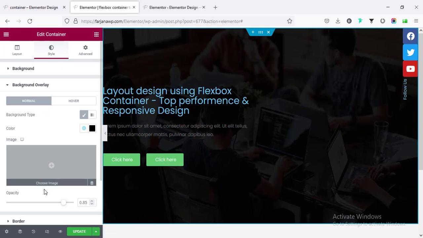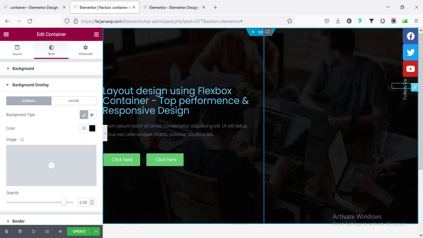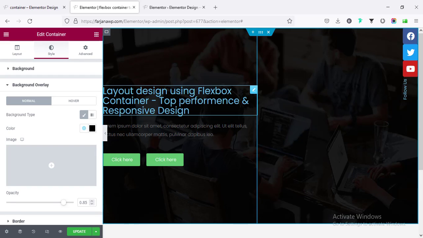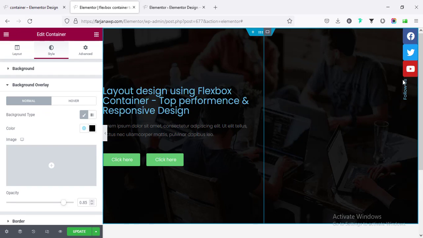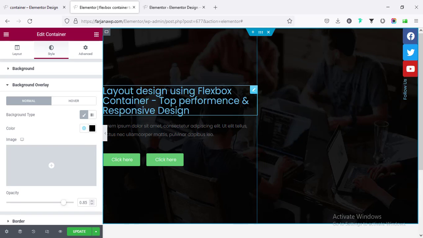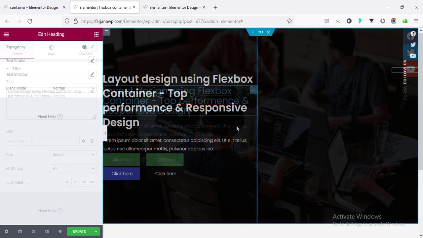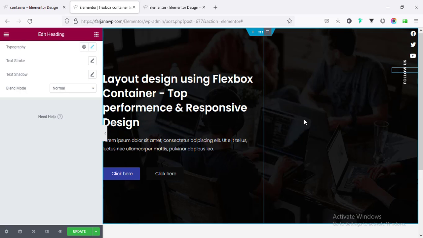Alright, and now I'm going to change all the font style, button style, and all this style very quickly. Here I'm only focusing on the container structure. So you already know how you can add styling with any text, any button, and these basic changes. So I'm not taking too much time for this. I'm going ahead. Alright, I'm done with this font style and section style, and now need to add some spacing